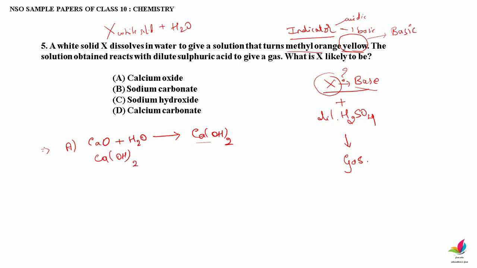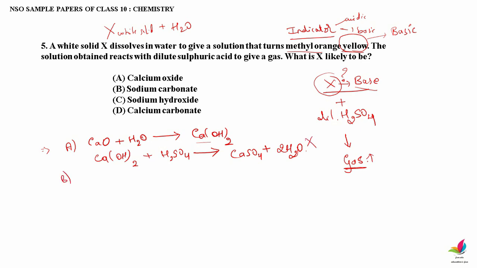So this calcium hydroxide on reacting with dilute sulfuric acid, H2SO4, forms calcium sulfate plus 2H2O, correct? So in this case you can see calcium hydroxide, which is a base, on reacting with the acid forms salt and water, because this is similar to your acid base reaction forming salt and water. Here no gas is formed or evolved during the reaction. That's why this cannot be our answer.